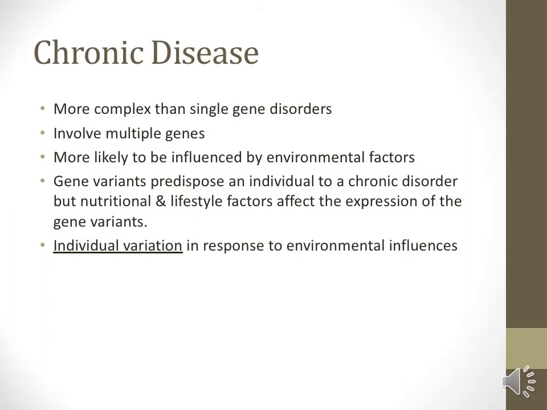So it's thought that most chronic diseases have multiple genes involved. And chronic diseases are more likely to be influenced by environmental factors, so things like stress or exposure to chemicals. Gene variants predispose an individual to chronic diseases, but nutrition and lifestyle factors are often affecting the expression of the gene variants. So when we talked about nutrigenetics and the examples of